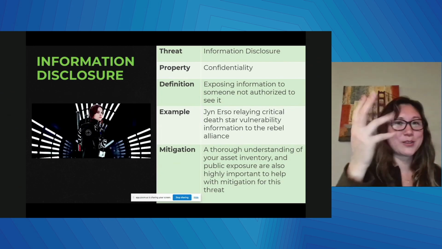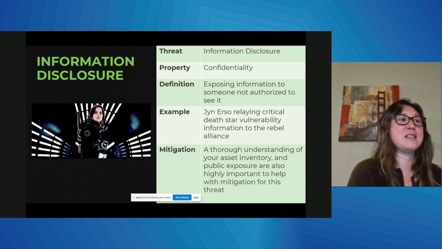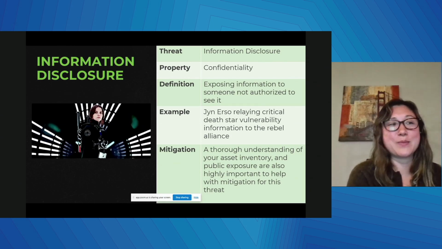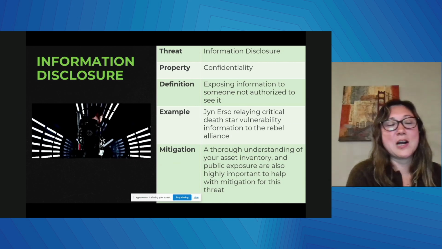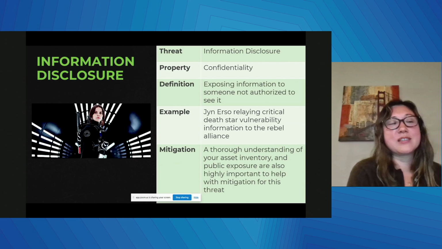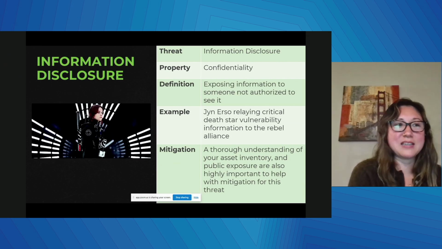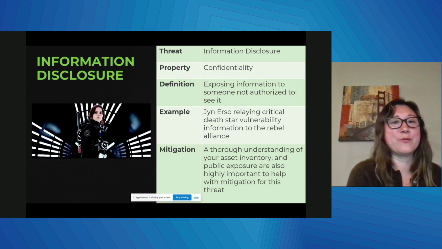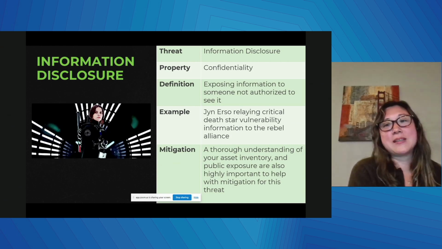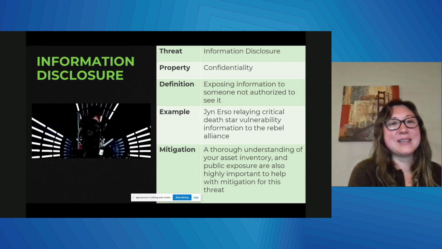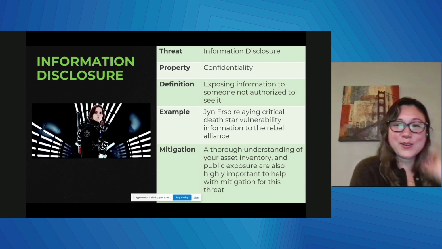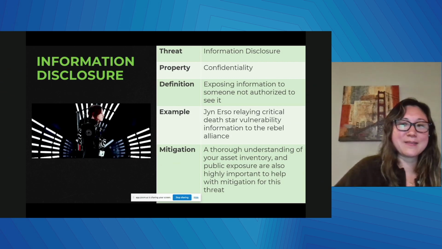I stands for information disclosure, if we're going back to the STRIDE model. The Death Star's vast repository of sensitive information includes plans, defenses, and personnel data. They could all become a prime target for information disclosure threats. Proper access controls, data encryption, and data compartmentalization can also help safeguard against some of these vulnerabilities. And as mentioned earlier, Jyn Erso relayed that critical Death Star information to the Rebel Alliance. That is one great example of how we saw the catastrophic destruction of the first Death Star and so forth.